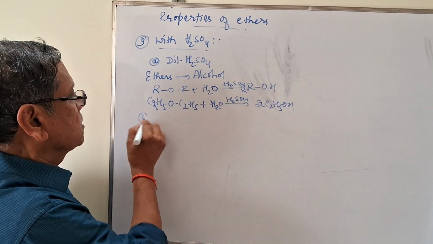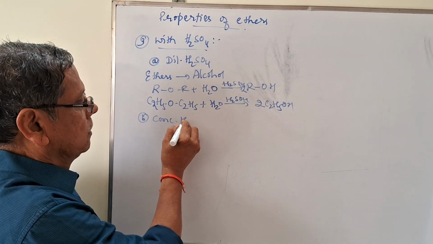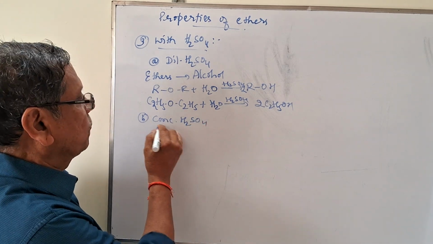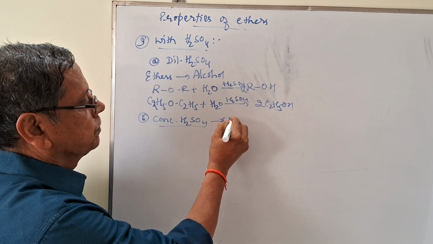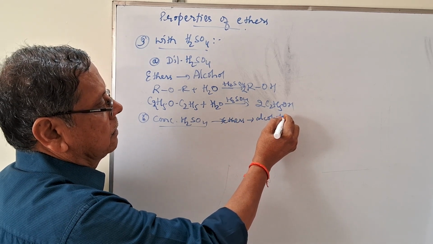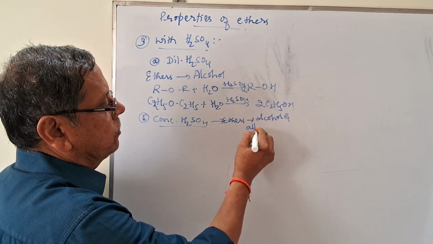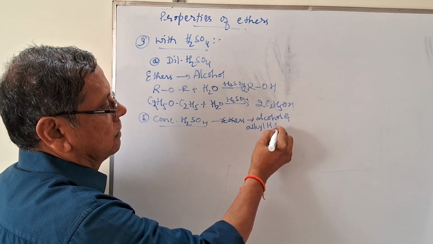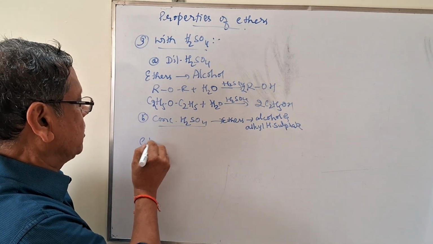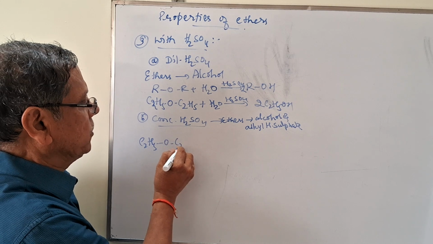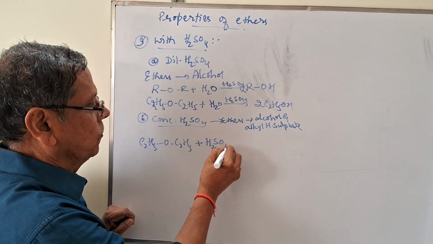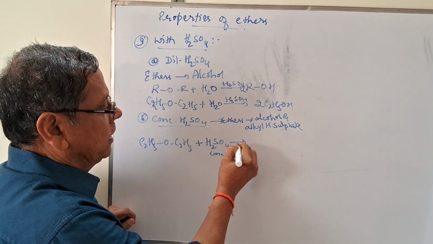But when you take this concentrated H2SO4, concentrated H2SO4 will make the ethers give alcohol and alkyl hydrogen sulfate. For example, if I take this C2H5OC2H5, react with one molecule of concentrated H2SO4, then it will give rise to